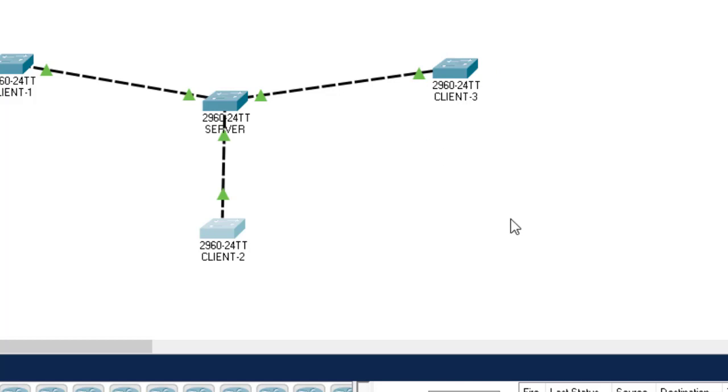So guys, VTP is a very important concept that you cannot miss. And remember, it's only applicable in Cisco products. It's Cisco proprietary. You can't use it in other products like Huawei, HP,